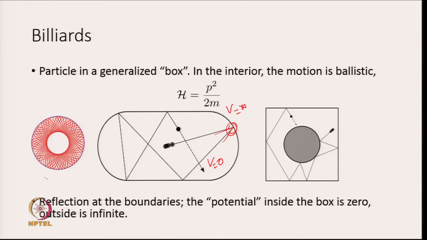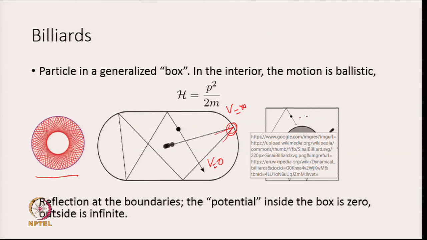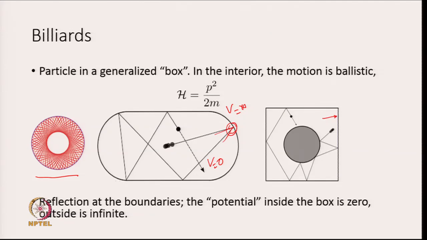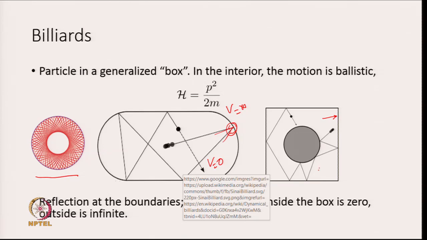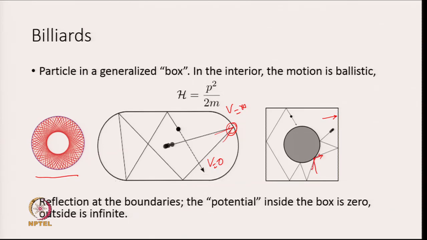What is shown over here is a circle billiard. So, you have a particle inside a circular enclosure. This is a particle inside a square, except that there is a scatterer in the middle of this square. So, the particle not only reflects from the boundaries of this enclosure, but also from this scattering element over here. This is known as the Sinai billiard, and this is in the shape of a stadium, and so it is called the stadium billiard.